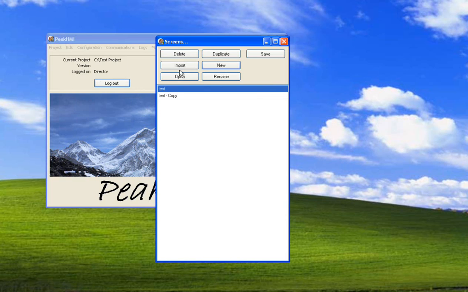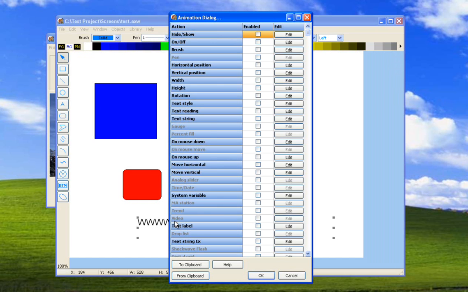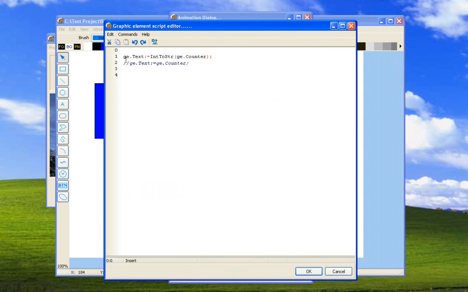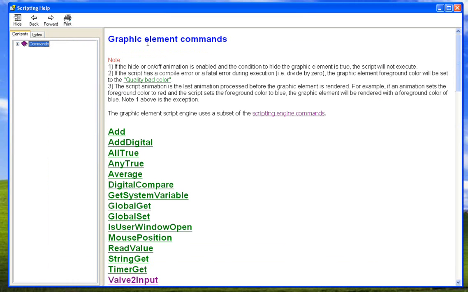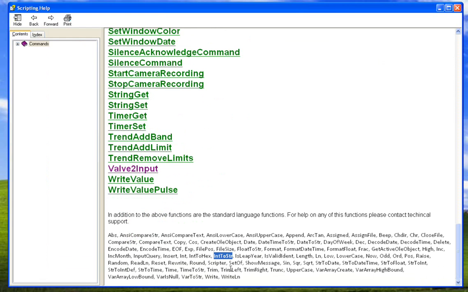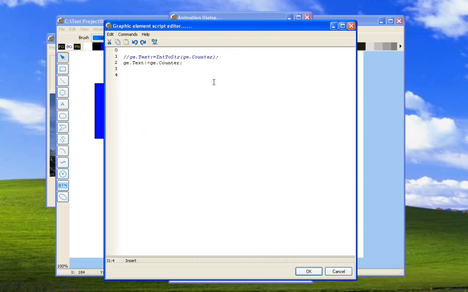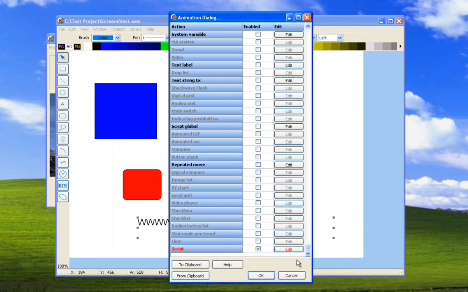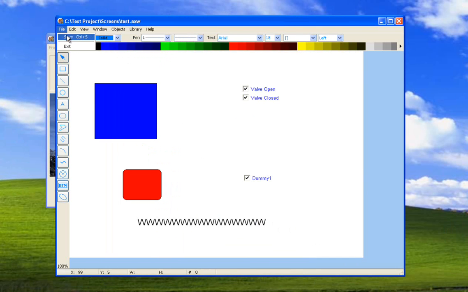But if we go into the graphics and go back to this WW, we notice that we comment that one out, comment this one. Text is a string and counters an integer. So we're trying to assign an integer to a string, and that won't work. If we look, what we did before was we did int to string. It's a built-in command that all scripts have called int to string, and it just converts an integer to a string. It doesn't take any other values. So we select OK, select OK, save our changes,